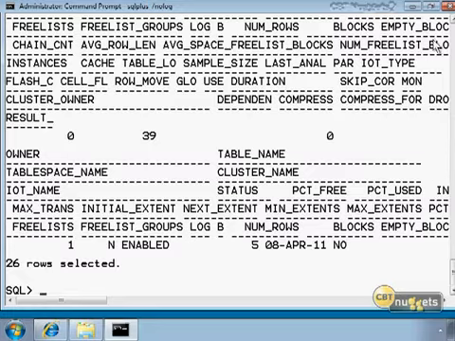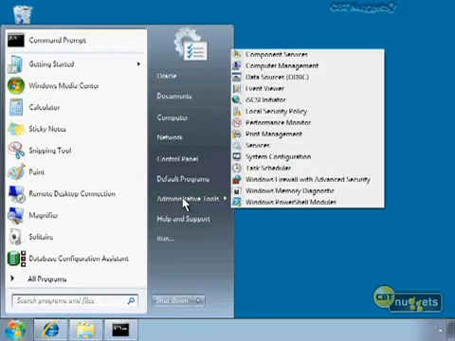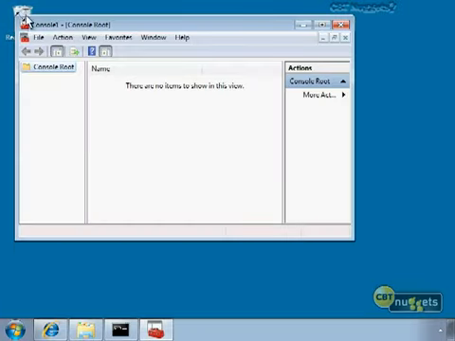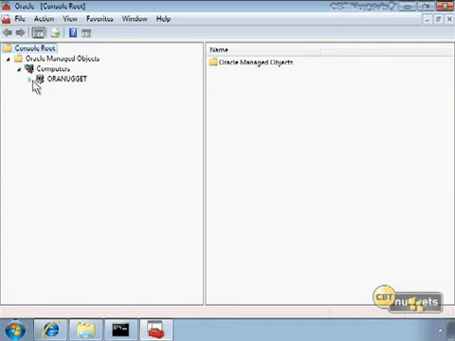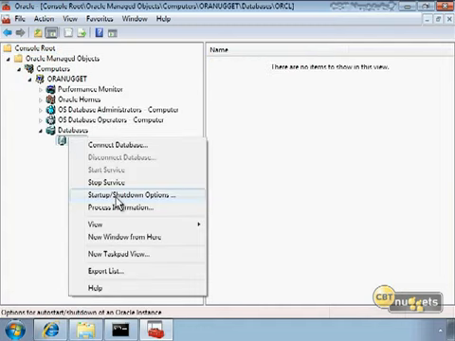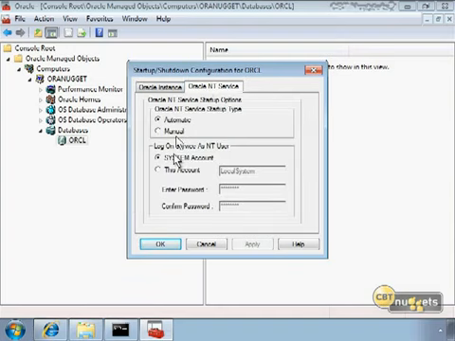Command-C in Mac. Now in Windows, as usual, you get a little extra hand-holding. I created a custom Microsoft Management Console earlier that brought in our Oracle Managed Objects snap-in. Let me load that in. And if we expand our server, expand our database, we can right-click the database and select Startup/Shutdown options. Now notice also you can bounce the database in Windows using either the Service Control Manager application or the Oracle Managed Objects MMC snap-in, but there's a Startup/Shutdown options command that allows us to customize the NT service properties,